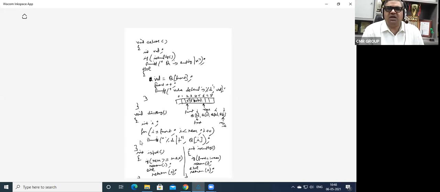If this is done, then we'll go for the implementation using a linked list. Please make a note of it. We'll go for the implementation of the queue using a linked list. You made a note?